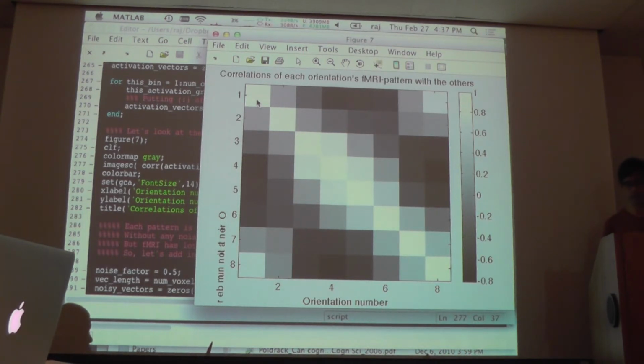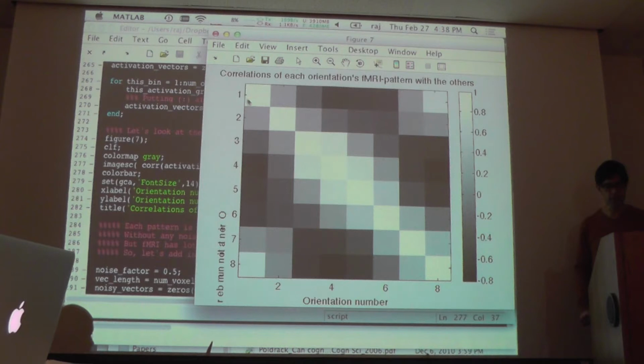No surprise there. So you have a diagonal of 1s. The diagonal is every entry correlated with itself. A diagonal of 1s all down the middle. So that's one of the ways you can tell you're looking at a correlation matrix. It always has this diagonal of 1s all down the middle. And it will be symmetrical too, because the correlation of A with B is the same as the correlation of B with A. So notice there's this kind of bright strip down the middle. What this means is that